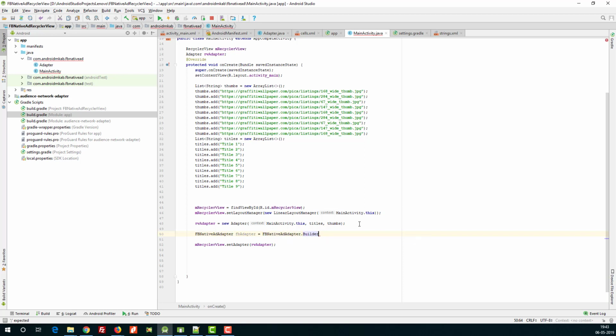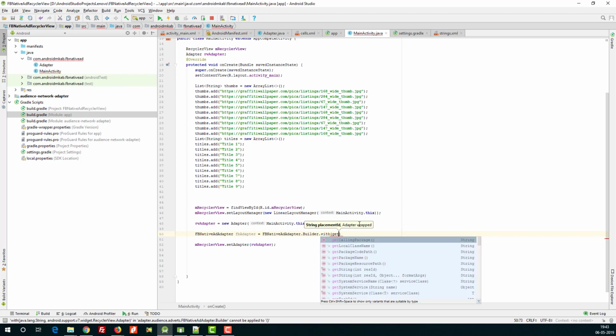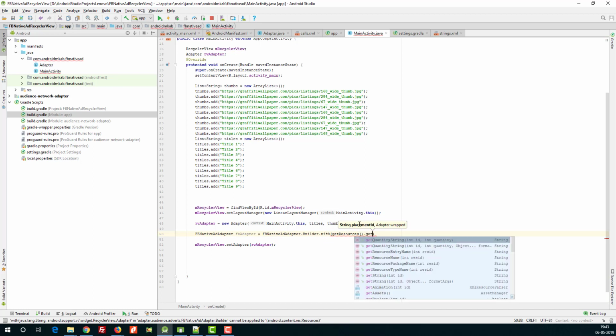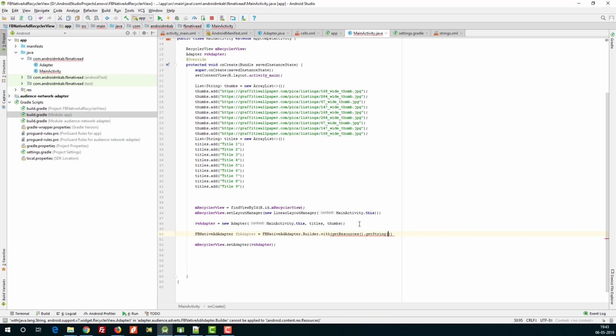FBNativeAdapter.Builder.with, we have to call the string, getResources().getString(R.string.fb_native).